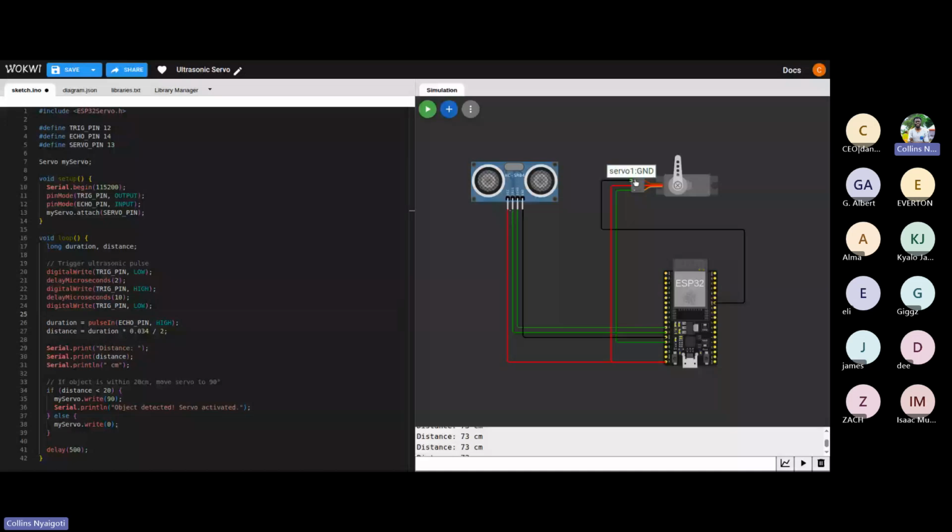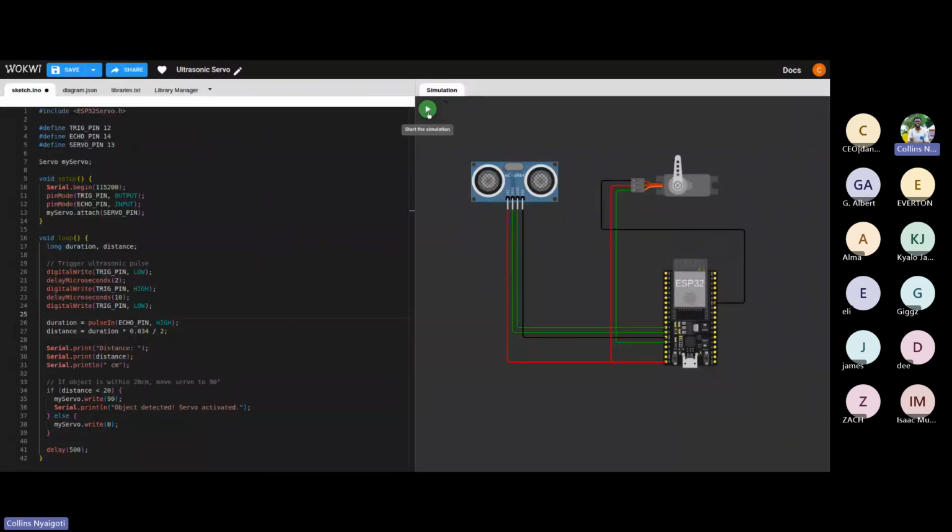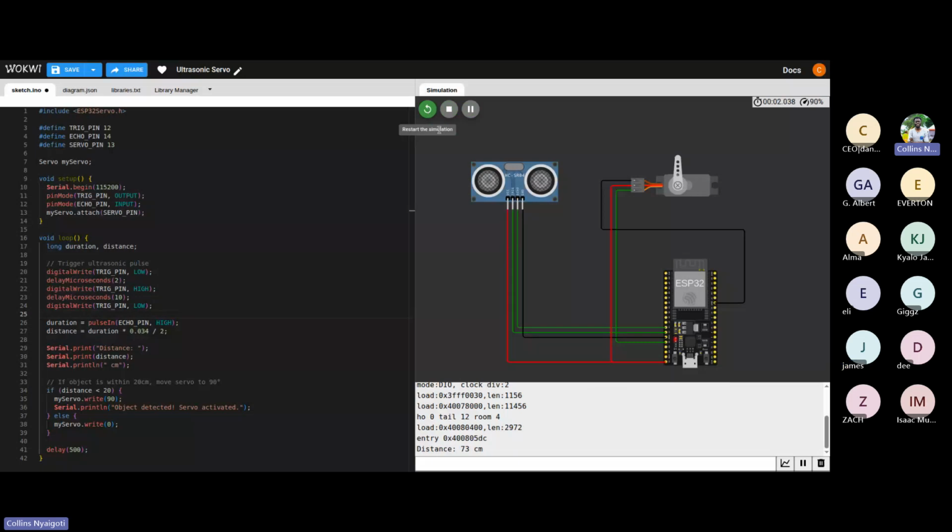And the servo only works with pulse modulation. So this is the data pin, this is the power pin, this is the ground pin. Basic connections. So let's run the simulation, just to see how a servo works. Currently, this ultrasonic sensor measures a distance of 73 meters. So let's say a car is approaching a gate. Let's just imagine this is a gate. When the car reaches a distance of, let's say, 20 meters,